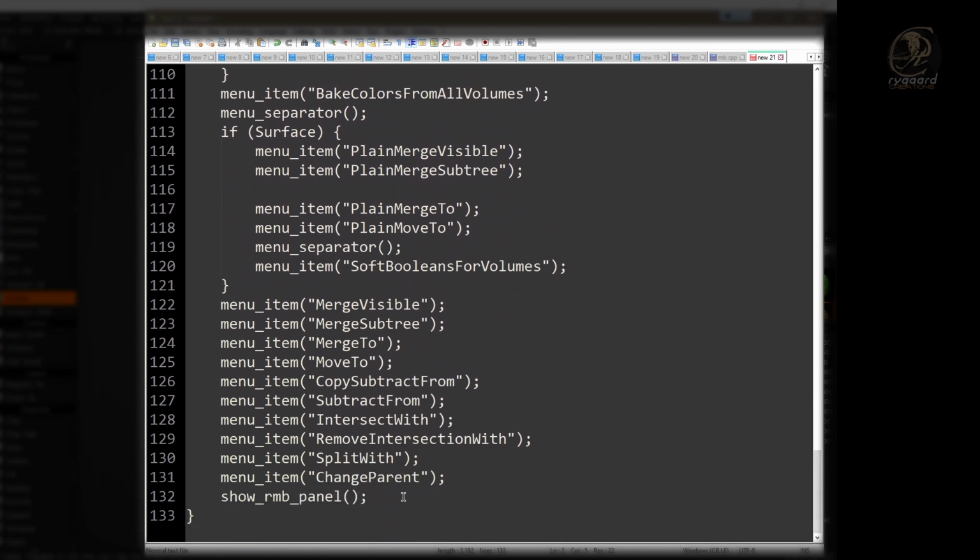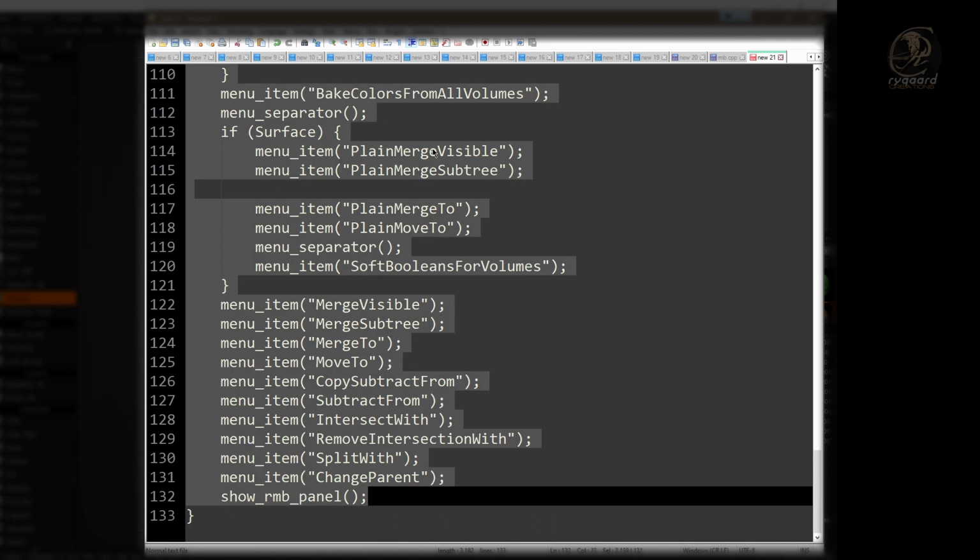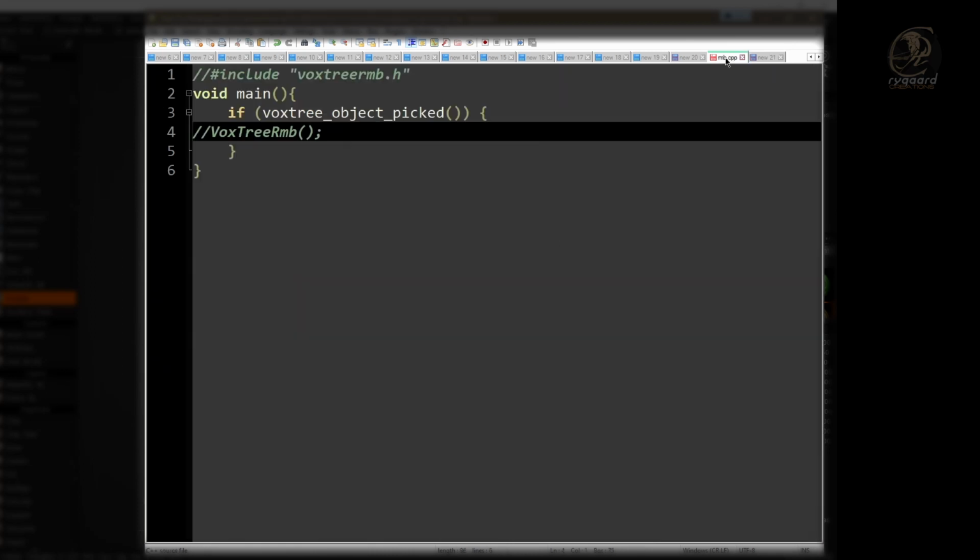Holding down the Shift key on the keyboard, I'm going to click after the semicolon of the show RMB panel function. Good. Now that I have selected everything I need, I will copy it by pressing Ctrl C on the keyboard. And once again, I will return to the script